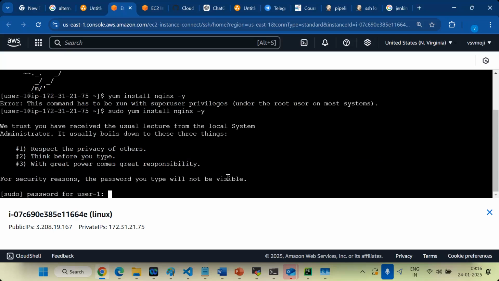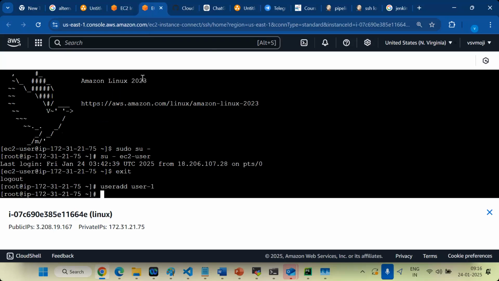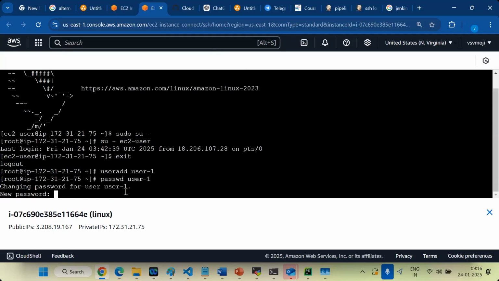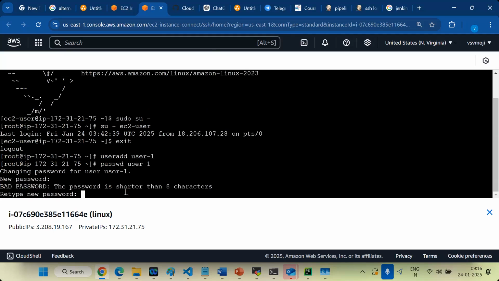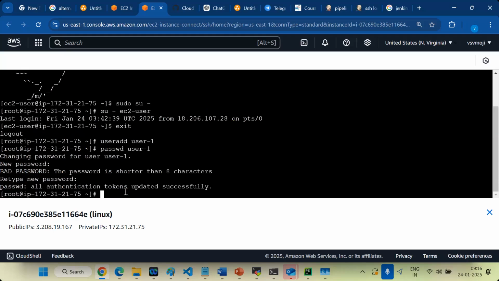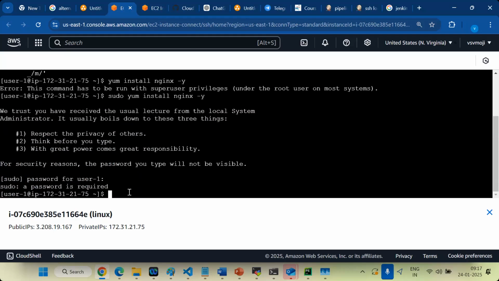User one is asking password. So password is not generated, right? So what I can do, skip here and go to root. Let's generate a password for user one. Clear? So here, let's run same command.